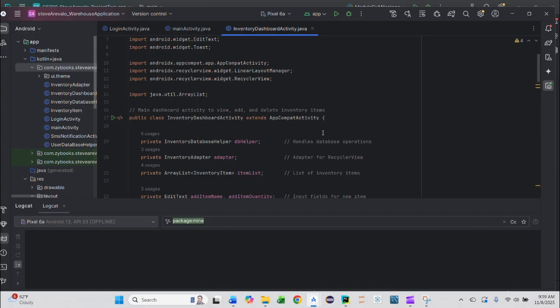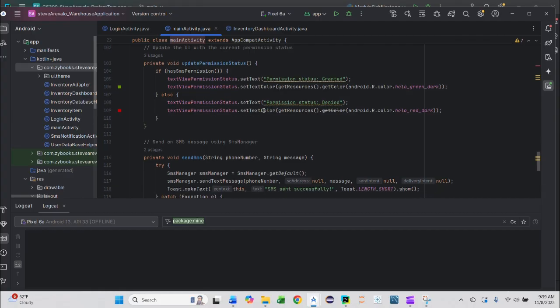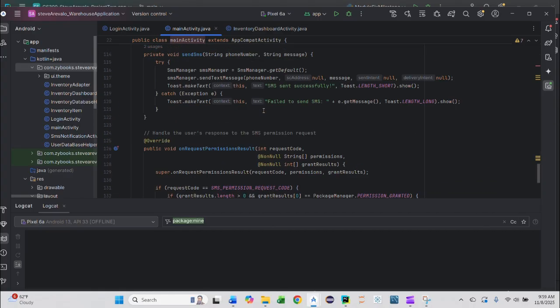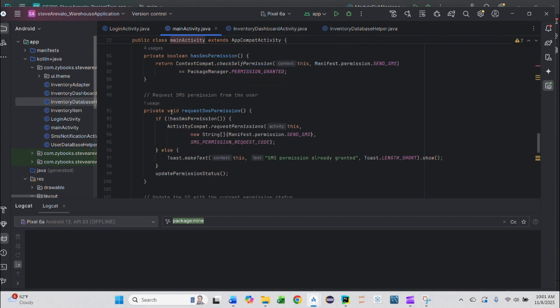My loops and branches. My menu system uses a while loop. I believe that's in the main activity. Request SMS permission. So let's say you don't have SMS permission. This if else will, if the user does not have SMS permission, call activityCompat request SMS permission. So you will be requesting the permission. Else,